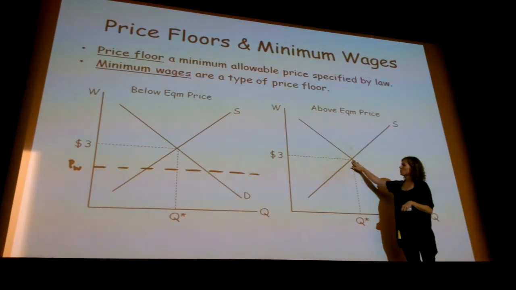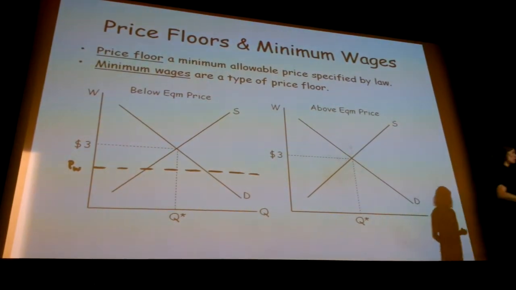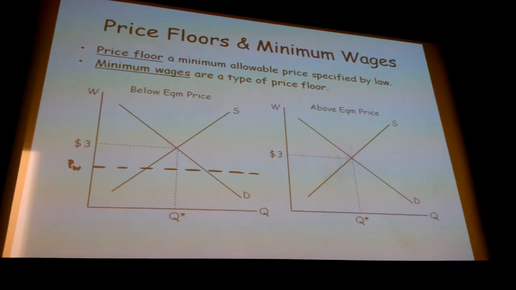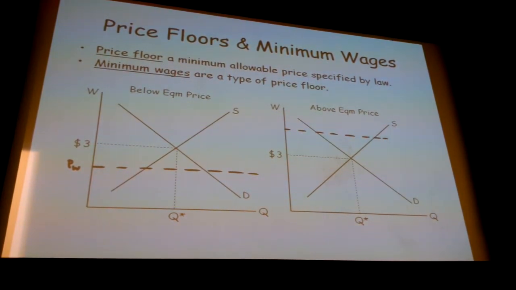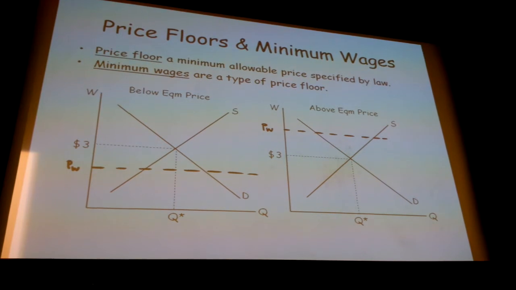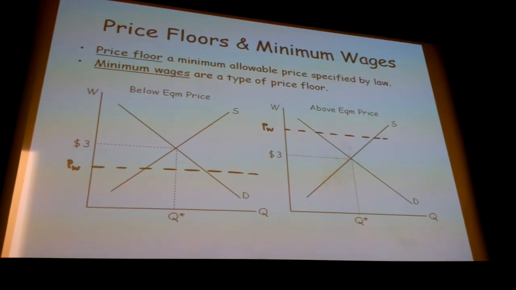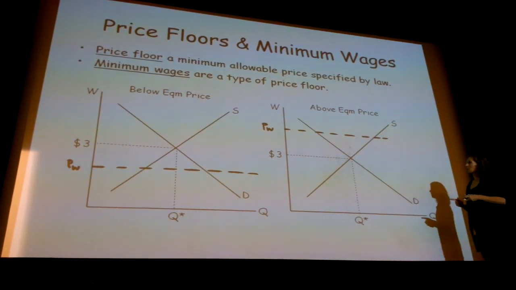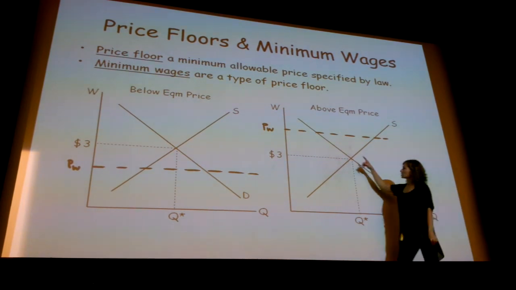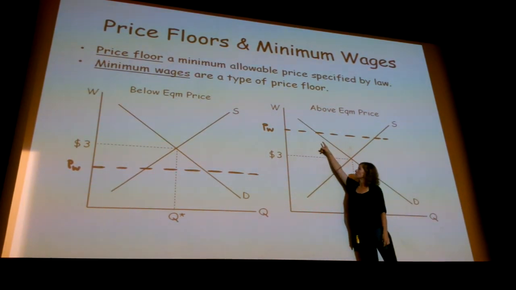In order for minimum wages to have a bite, they have to be set above the equilibrium price. So let's suppose the government comes in and says, no, we need the wage to be a little bit higher. So what's going to happen in this market? Again, just like in the case with price floors or price ceilings,